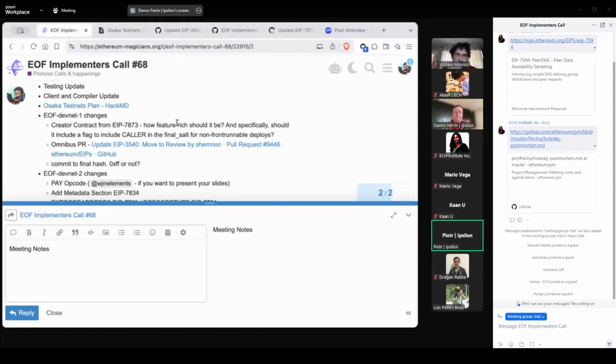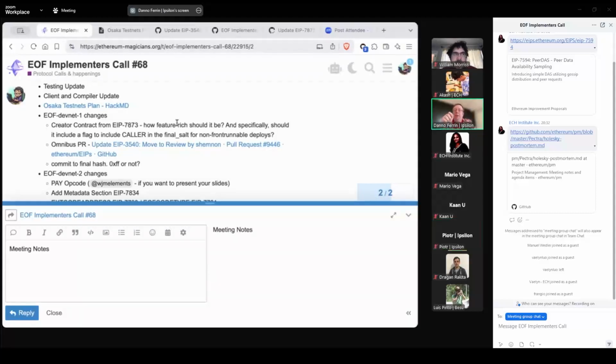Actually, there's one testing update that I don't know we surfaced on the EOF Implementers Call last time. We have a new release, 2.2.0, of the EOF pre-release tests. If you would like to, download this and report back with status whether you're passing the new release of the tests.